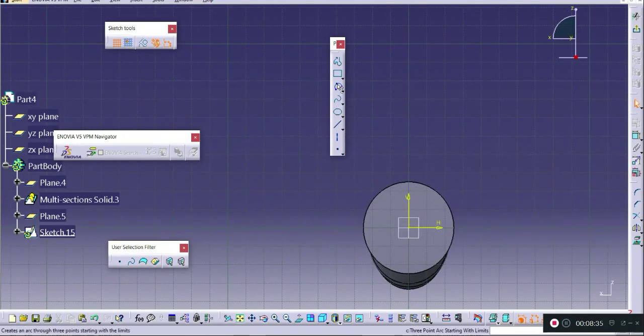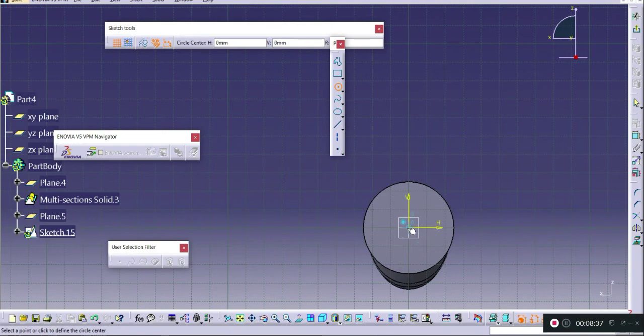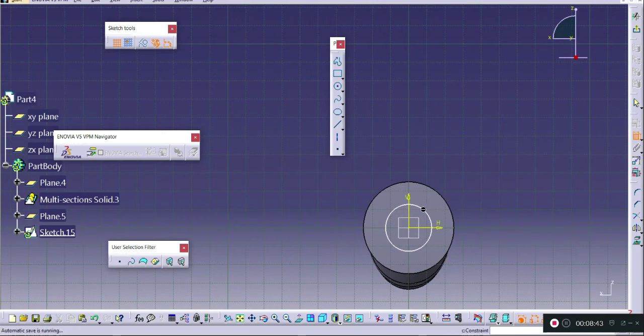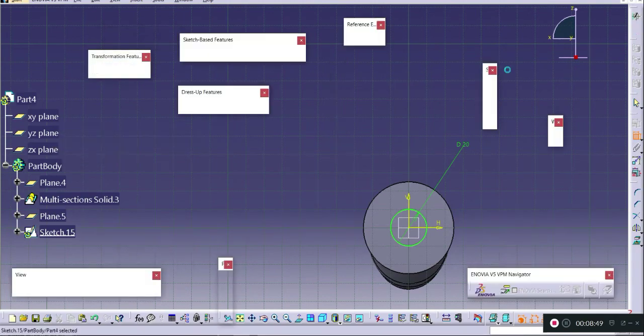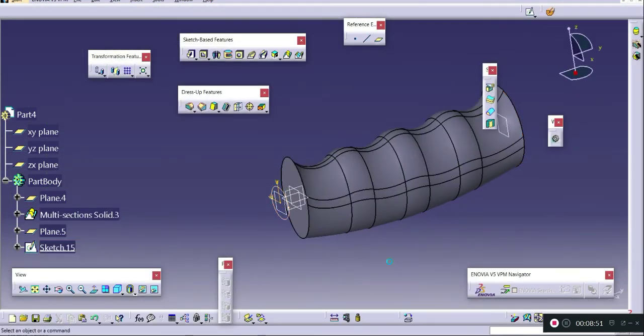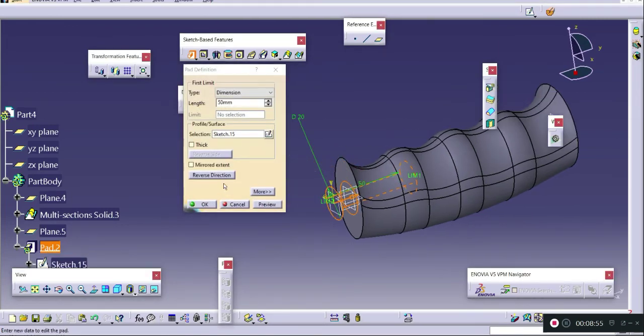I will draw the circle and the diameter of this circle as 20, and I will press exit, and I will just extrude this in the reverse direction by 15 mm,